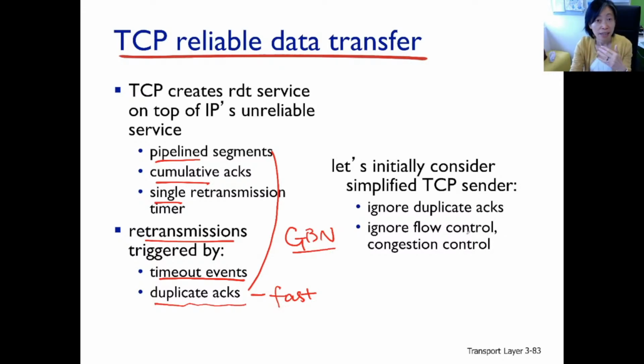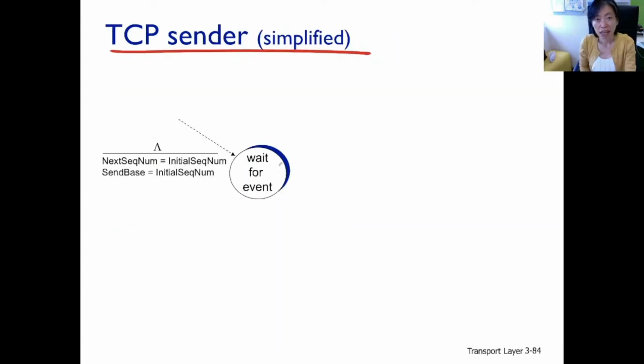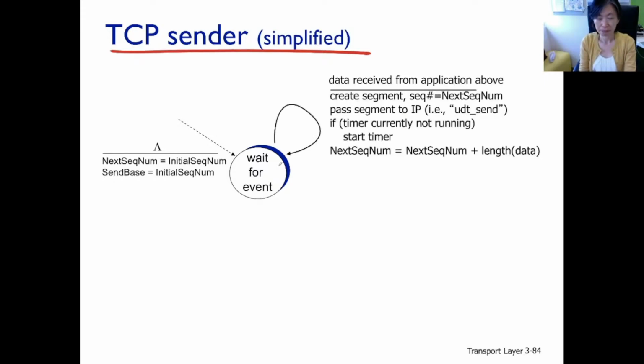Right. Next are the finite state machines of TCP. To make it simple, let's ignore the duplicate ACK part, the fast retransmission part, and let's not talk about the other mechanisms we have not yet discussed that are implemented in TCP. If you are expecting the TCP sender looks very much like the Go-Back-N sender, you're correct. First transition is what? The get call from above transition.